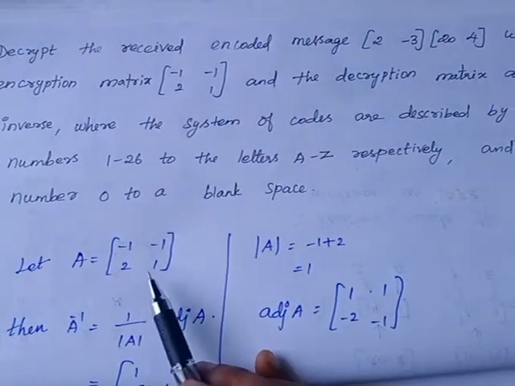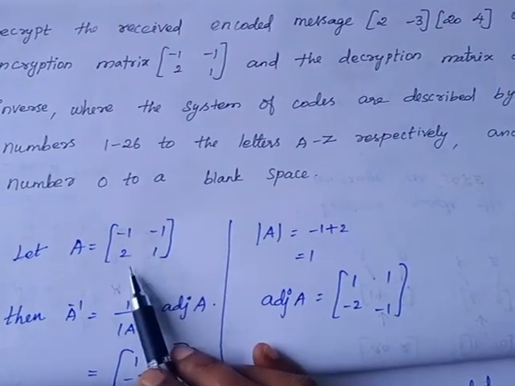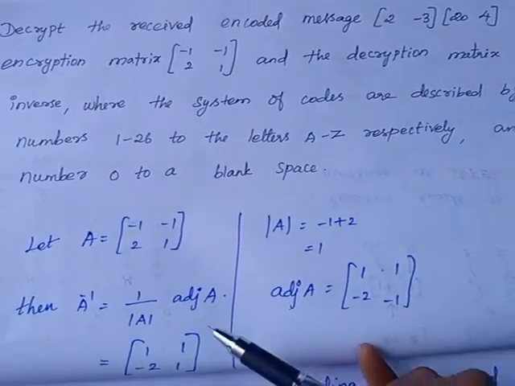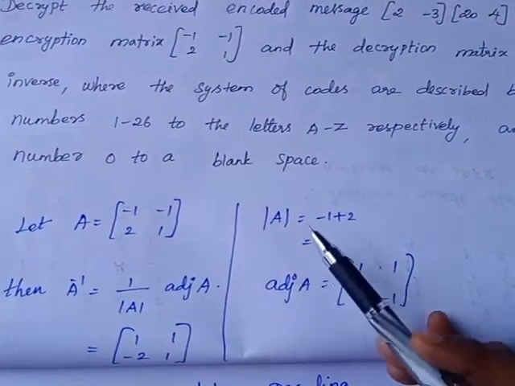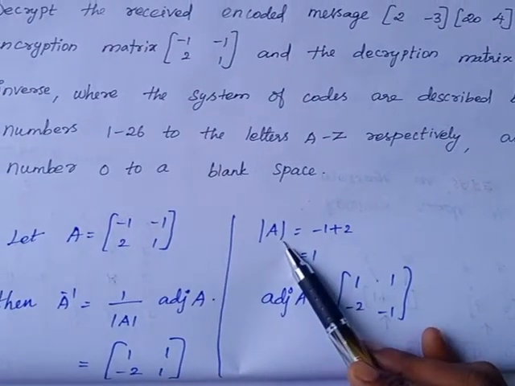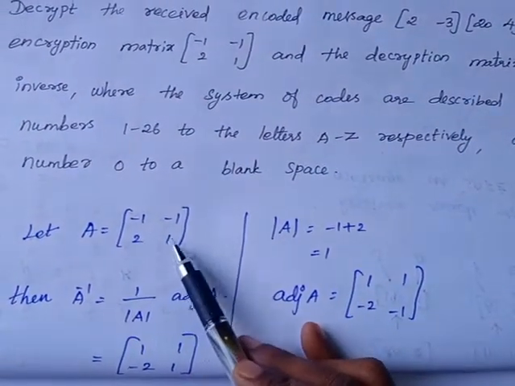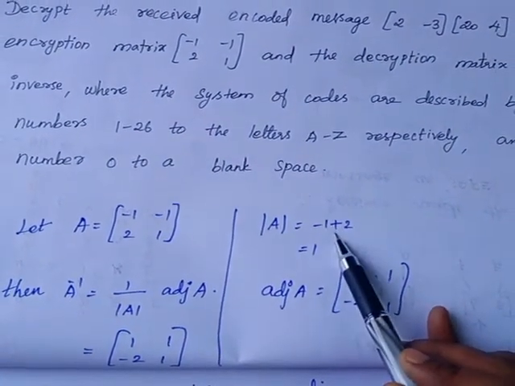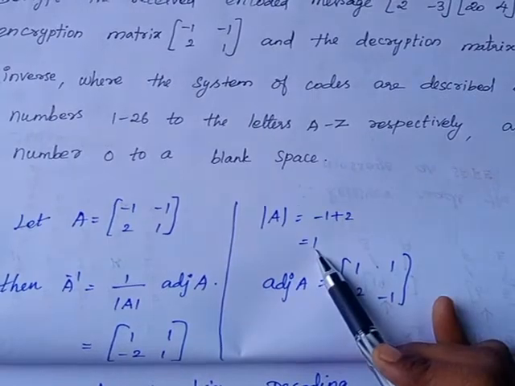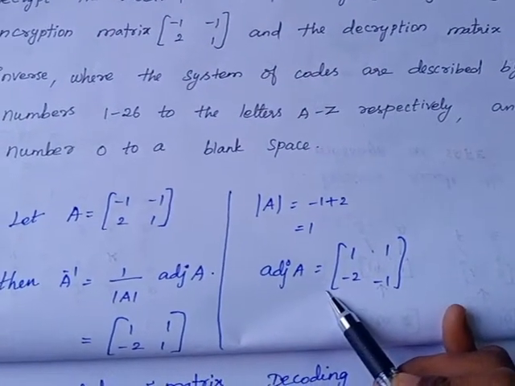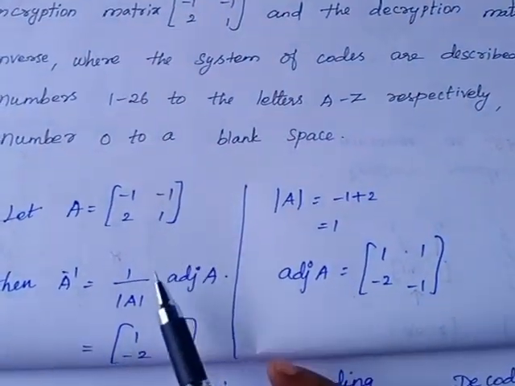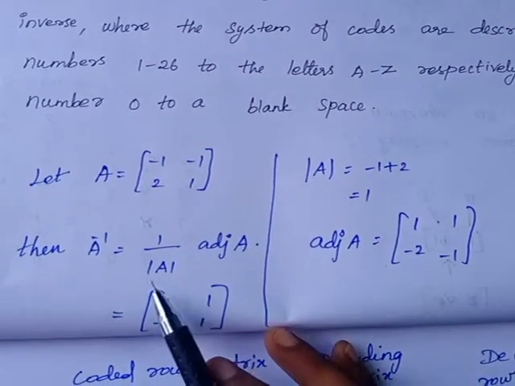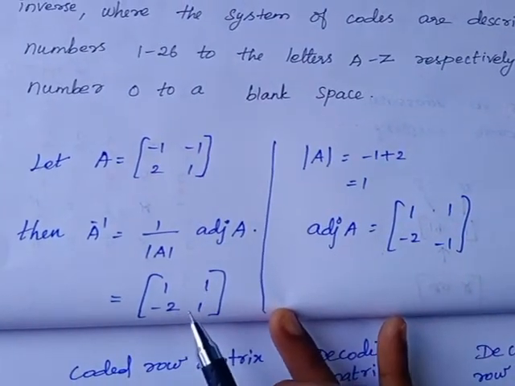ஸோ the encryption matrix is -1 -1 2 1. ஸோ அந்த ரிசீவர் ரீட்ரைவ் பண்ணணும் அப்படின்னா we need the A inverse matrix. So first I have to find A inverse. So determinant of A equal to -1 into 1 is -1 and minus of 2 into -1 is -2. So minus into minus is plus. Determinant A value is 1 and we find adjoint A matrix. So just interchanging the main diagonal elements and changing the sign for the other diagonal elements. So we get the A inverse matrix is 1 1 -2 1.